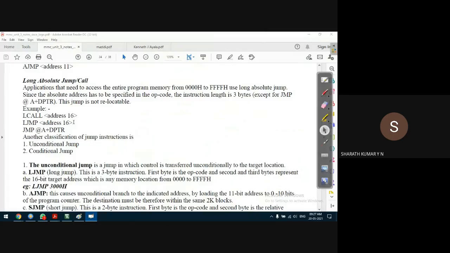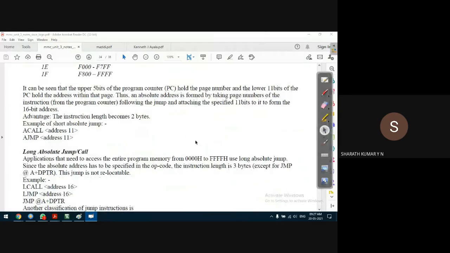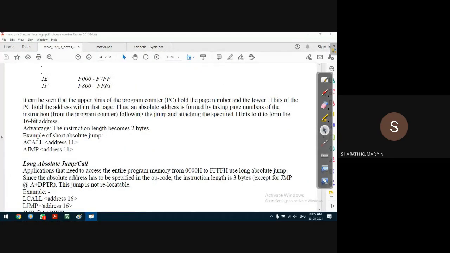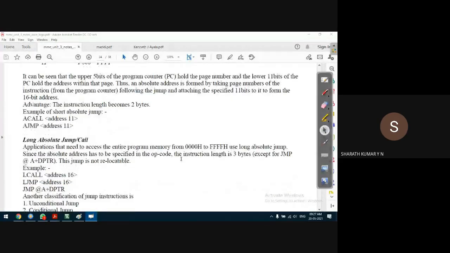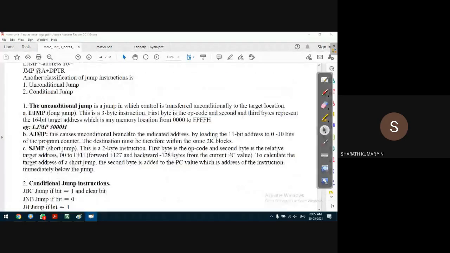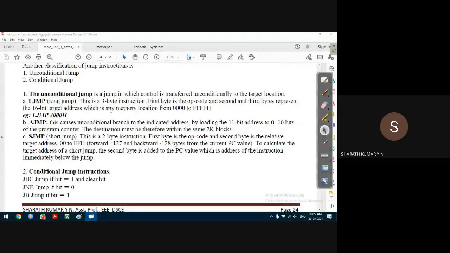Not possible, so the long jump is not relocatable. An absolute jump, however, can be relocated because it is within the page. That's all. Jump instructions are of two types.